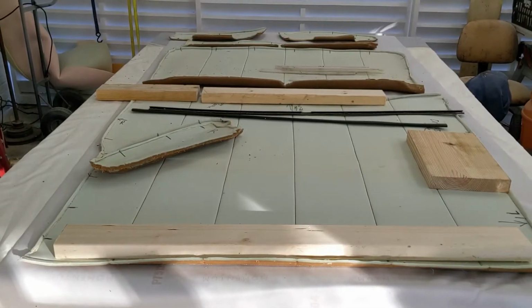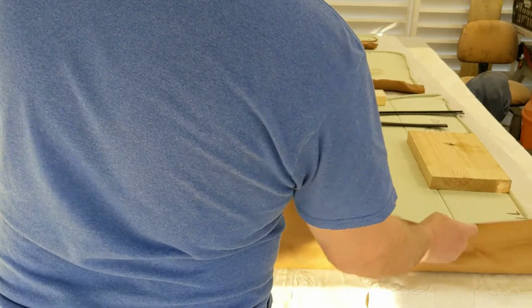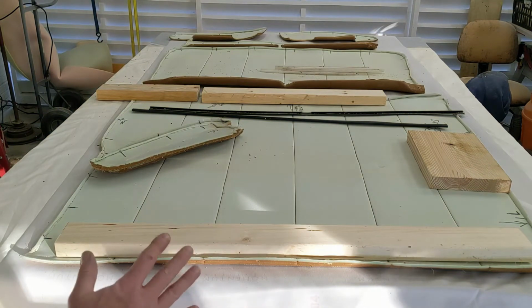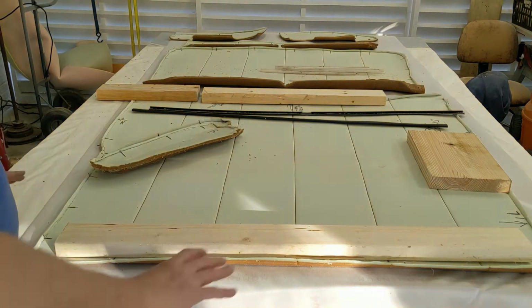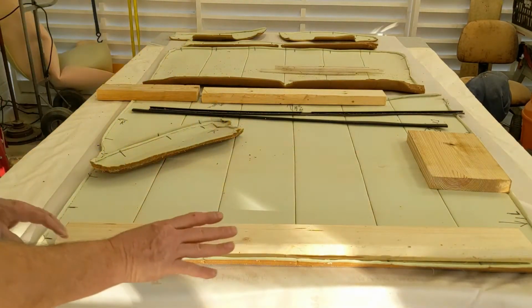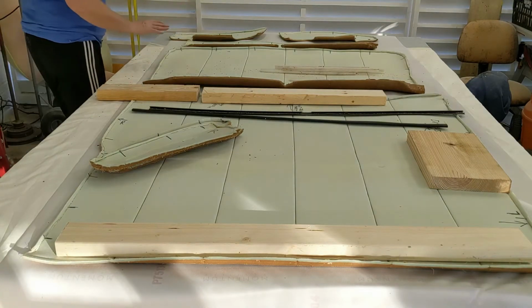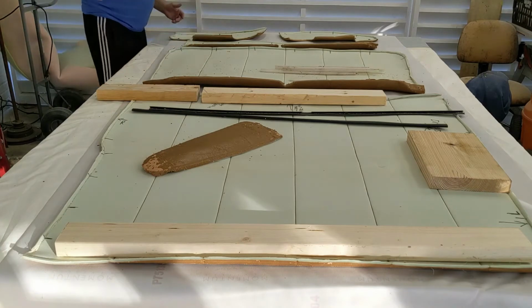So you may notice my table's grown a little wider. It has to be wide enough to be able to lay out all the material flat and not hang off the edge. And so I had to add another piece of plywood here. I've got 3 sheets running under here to give me about 65 inches wide. And the material I'm using is about 55 inches wide. And so I'm just laying it all out here to make sure I've got enough before I start cutting it out. And I've got 2 more pieces here to cut,